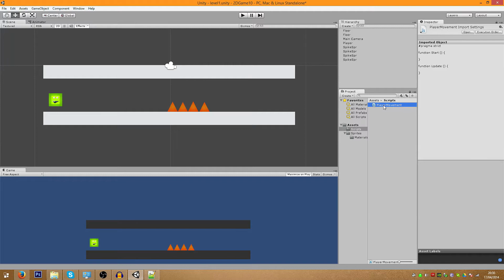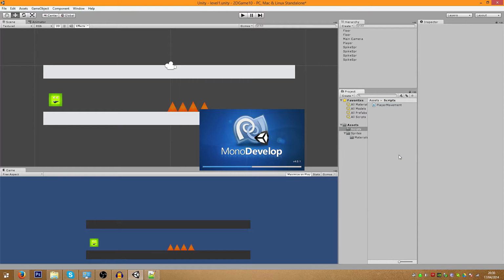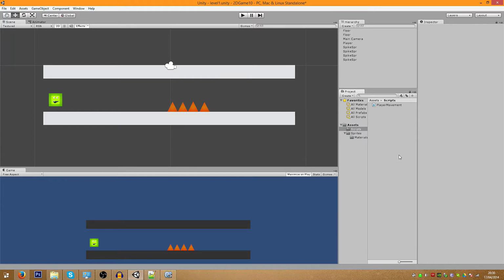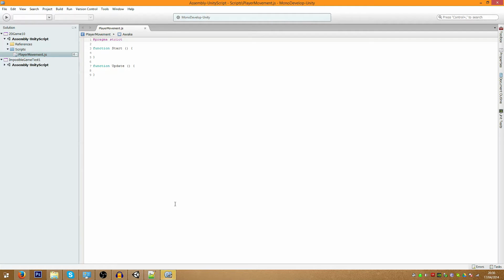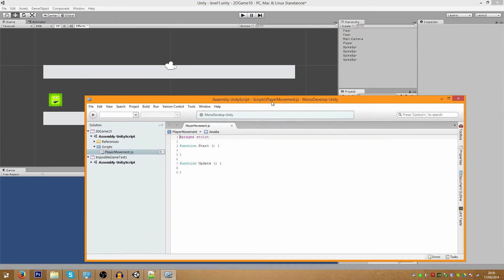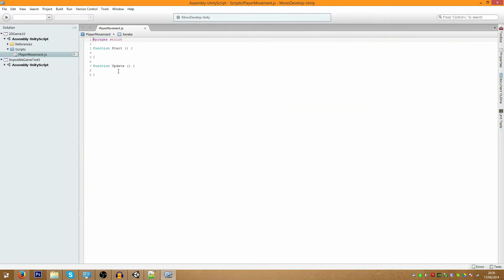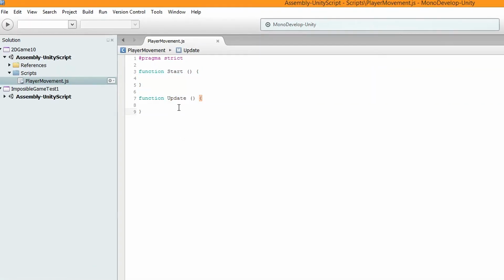So if you don't know what you're doing, I strongly suggest you just follow what I do and apply the knowledge. So we want to double click it, and it's going to open up in MonoDevelop. Eventually, when MonoDevelop wants to load, it takes its time. Okay, so MonoDevelop is here. We'll put it full screen because we don't need to worry too much about the game now. So this is going to give us the default stuff.